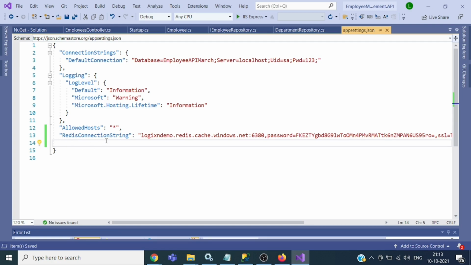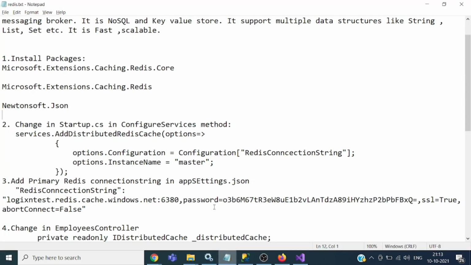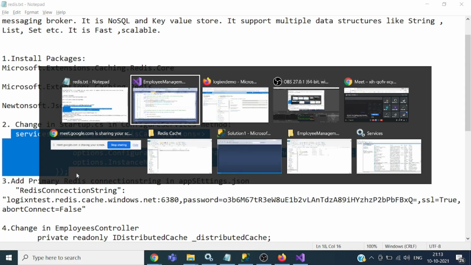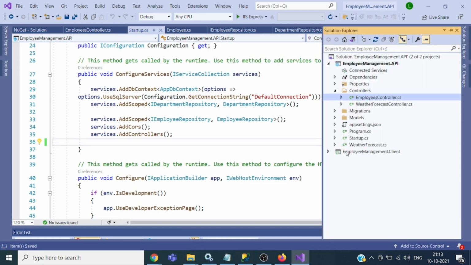Now we need to configure the connection in the startup.cs file. So this is the code for connecting to this Redis cache. Go to the startup.cs file.